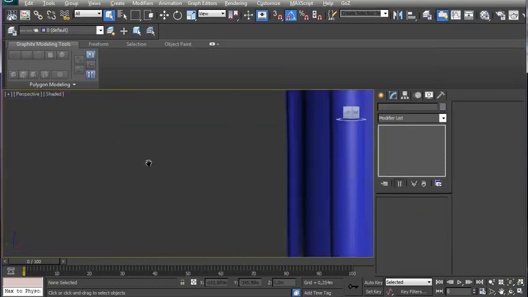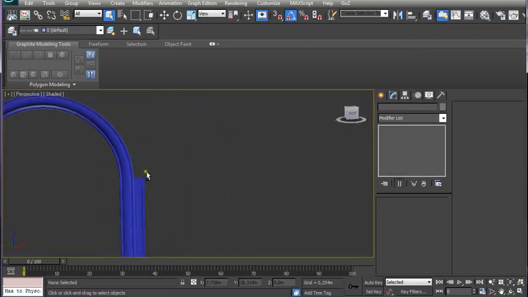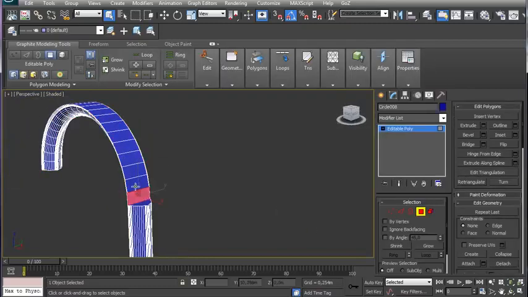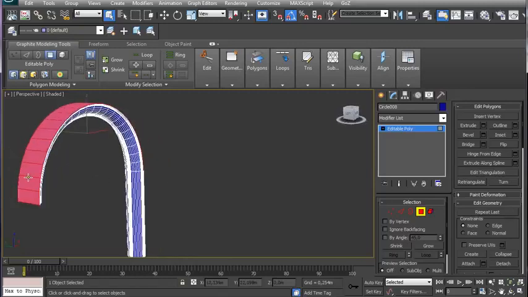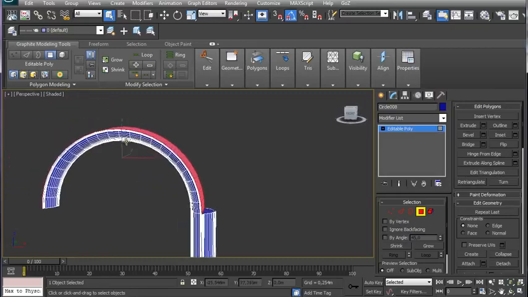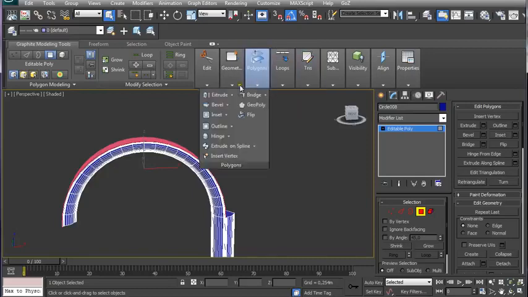So if we look again, we fixed this issue with smoothing groups. Now what I'm going to do is select these polygons, holding shift and selecting one, holding shift and clicking on the next one. It's going to select this arc, and I'm going to go to polygons and shift click on extrude and click